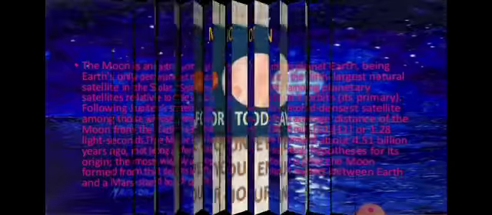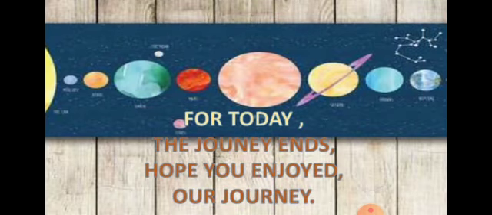So this journey ends, and I hope that you have enjoyed our journey. This is about all the planets that I have told you, and I have told you about the moon and what the features of the moon are, what the different types of constellations are, about the comets and about the asteroids. So students,